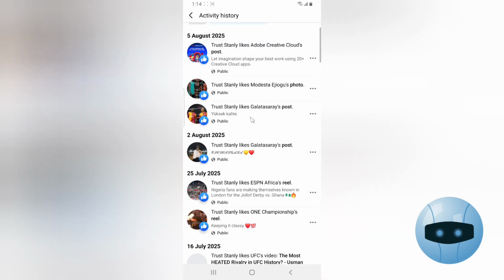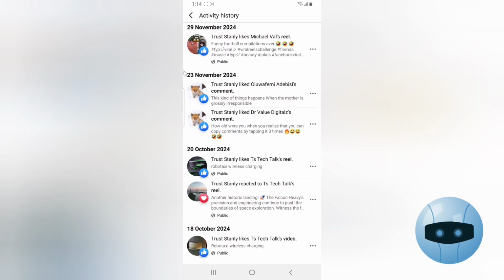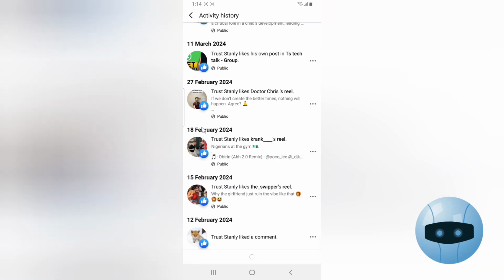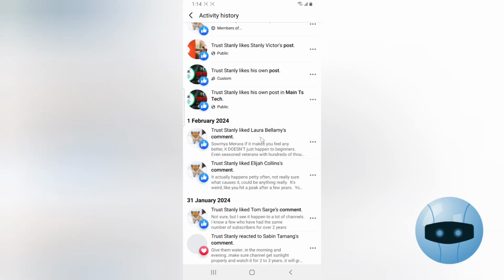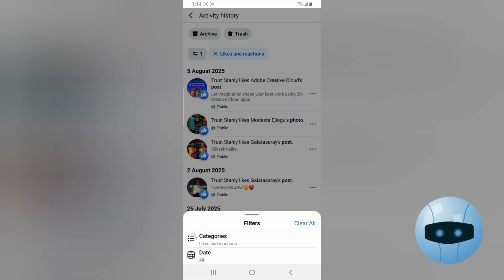Now if you keep scrolling, you are going to see different ones. This one is November 2024, which is a year ago. Now you can even go further, keep scrolling, and then you are going to see older ones. And now there is actually a way to go to an older year, let's say 2003. This area, you click on this area to filter what you are looking for,